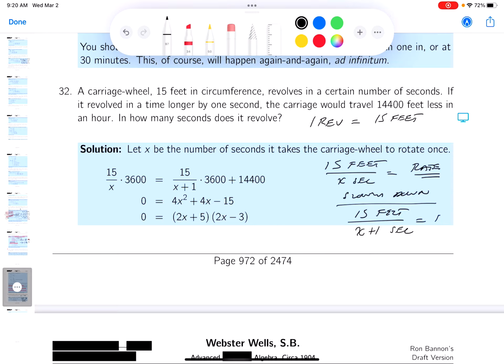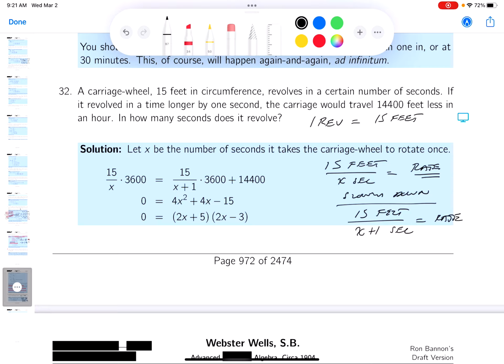Seconds. This would be the rate. All right? So it says a carriage wheel 15 feet in circumference revolves in a certain number of seconds. That's 15 feet per X seconds. If it revolved in longer time, in other words, it's slowing down, it would be X plus 1 seconds. All right? It says, though,